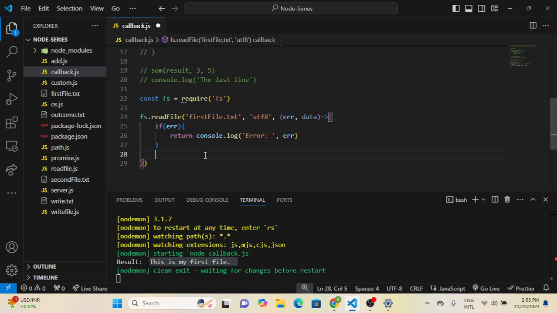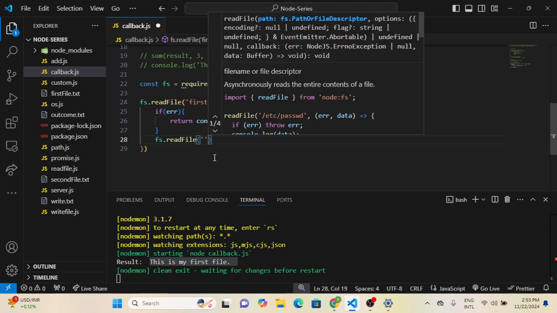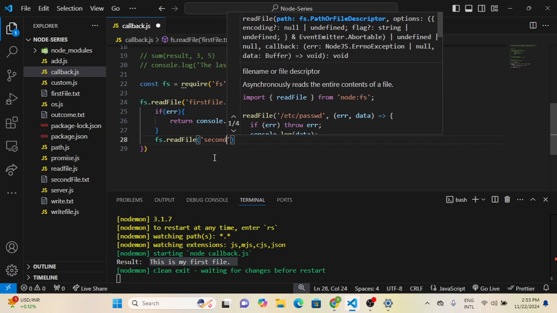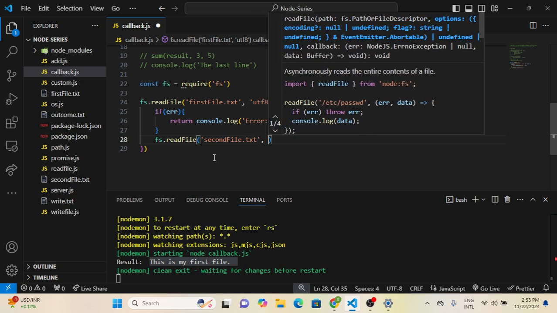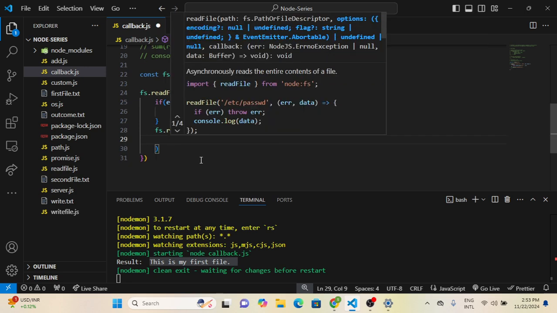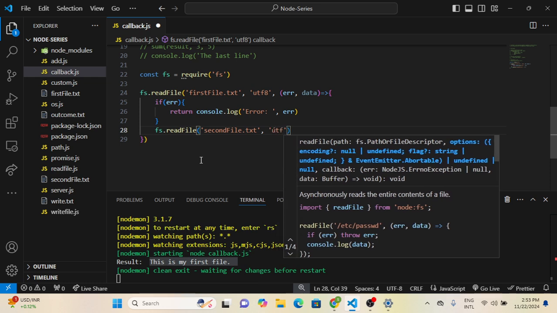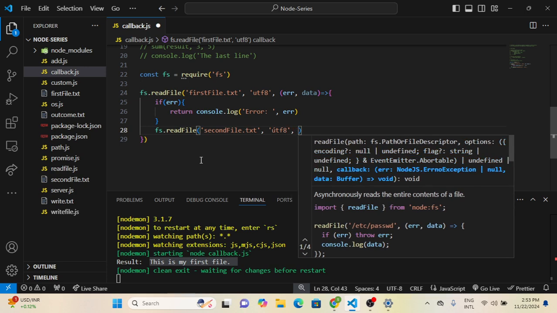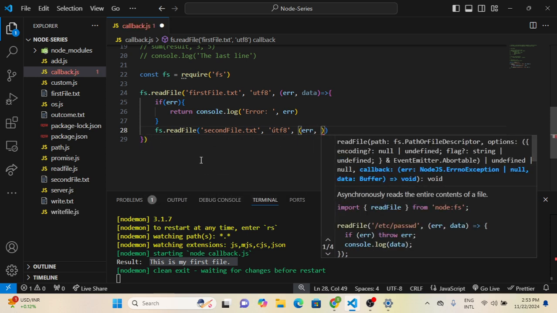So we have already read our first file here, and then we check if we have an error. If there is no error, we read our second file by saying fs.readFile, and we will pass in second file.txt and pass in the decoding UTF-8. And we saw all of these things in the past video. We pass in the parameters error and data,